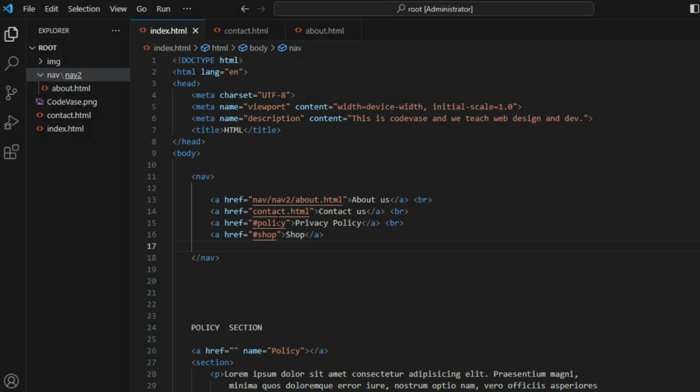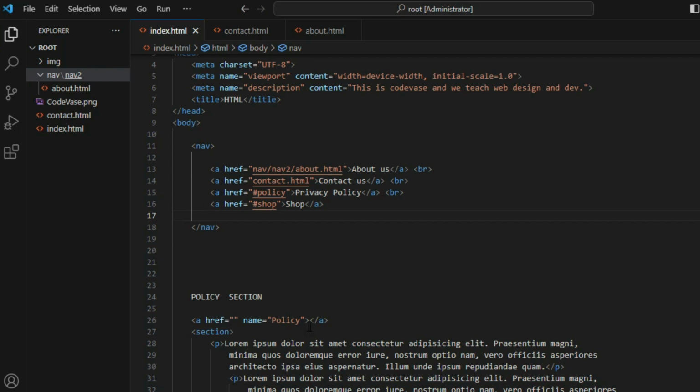Now, I also went further to treat how you can link to another section inside your work, whereby you have to declare the section with a name attribute. Then using that name attribute, you can be able